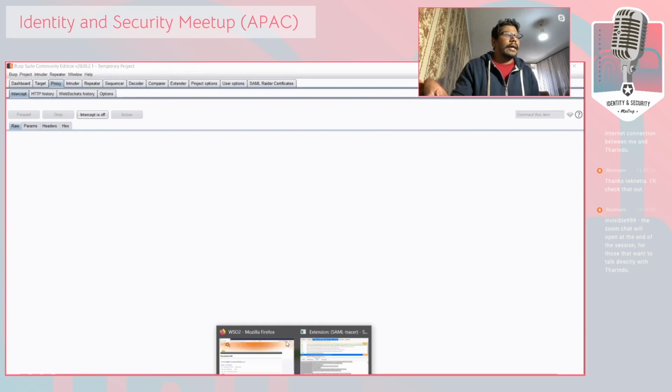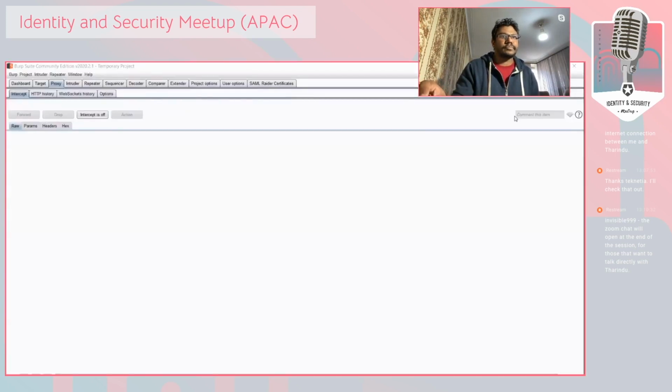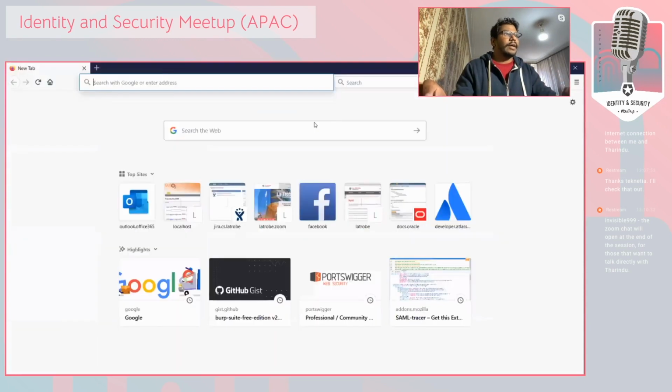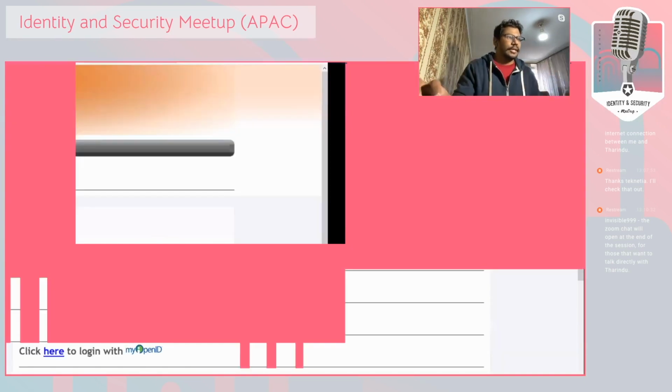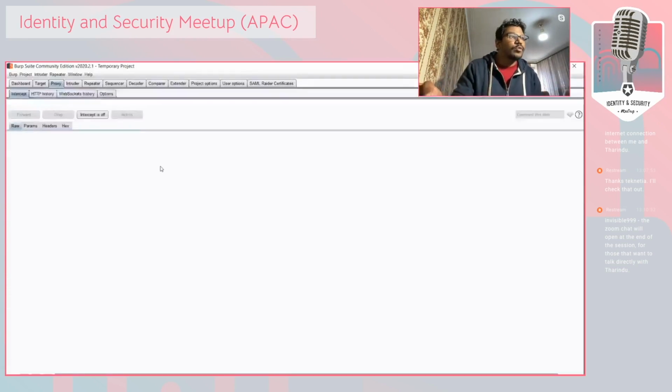So I'll close this browser and then open it again. Close this as well, open the browser again, and then I go to my client application. I click on this link and I'm redirected to the login page, right? Now let's say I'll use my username, and my username is Joanne. I'm trying to log in as Joanne, and then I go back to my Burp Suite proxy, and then